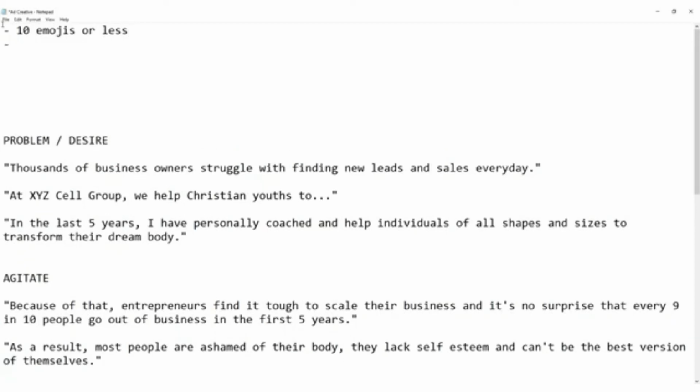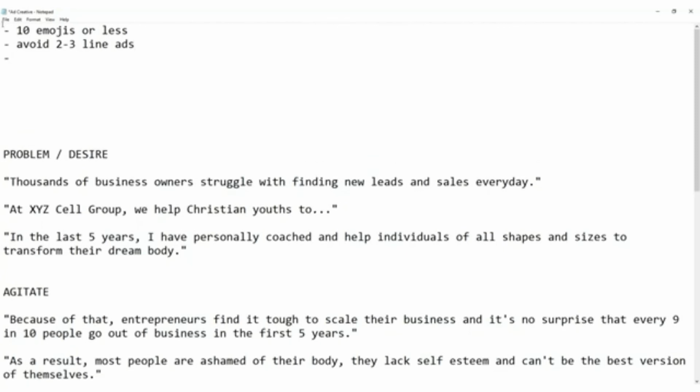All right. Now, how long or how short should your ad copy be? Now, the way I see it is that there's no real ideal length, but one thing's for sure, you don't want to be writing 2 or 3 lines. All right, avoid 2-3 line ads, because this doesn't tell enough. And the truth of the matter is that Facebook is a learning machine. In fact, the more that you write into your ad copy, the more you're telling Facebook, this is the kind of audience that I am looking for. Okay, so it's a lot preferable that you write at least a medium to a long post for your Facebook ad. And just to give you a sub-objective to it,